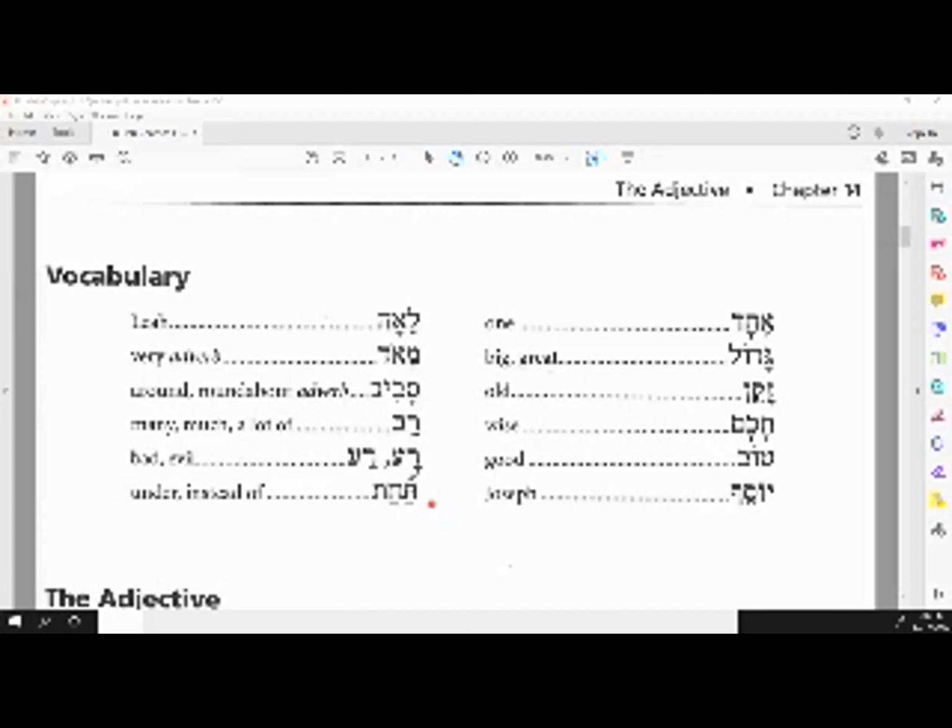But the other famous Tachat use in Torah that I think of is when we're standing at Mount Sinai, at Har Sinai. It says that we're standing Tachat Har Sinai. It sounds like the saying under Har Sinai. I don't think it means instead of Mount Sinai. I think it literally means kind of at the foot of Mount Sinai in that case. But because it says the word Tachat,